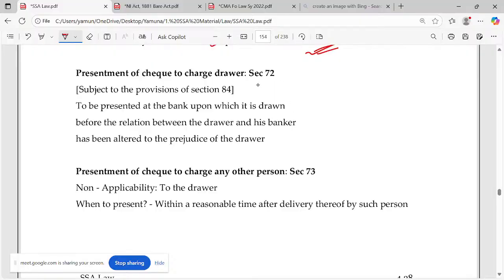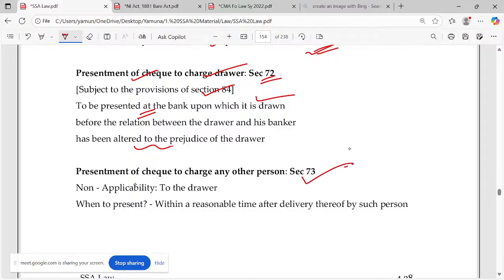And section 72, probably actually we had to follow section 64 or 84 also, but directly section 72 பார்க்கிறோம். Presentment of check to charge drawer. So probably it has to be properly presented to the bank and will be withdrawing, and இது வந்து charge drawer னு இருக்கனால வேற ஏதாவது வந்து alteration பண்ற மாதிரி இருந்துச்சுன்னா that will be noted by the banker. அந்த அளவுக்கு வரி பண்ண வேண்டாம்.